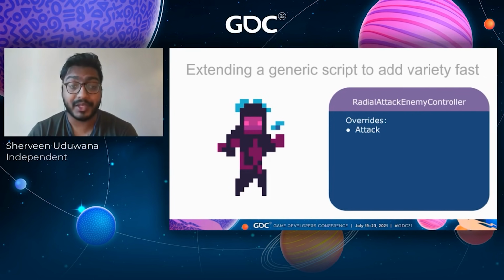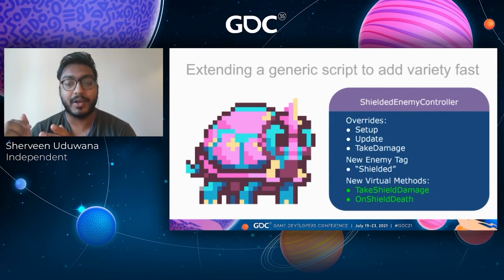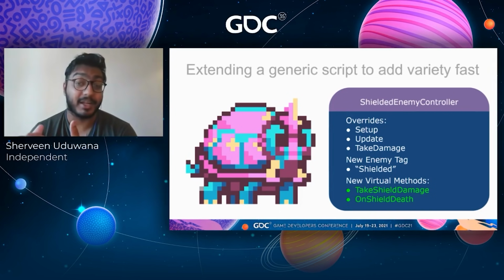Immediately after that, I was able to add shielded enemies, which I mentioned earlier. So these, obviously, from the length of the text here, took a little bit more modifications to the original script to add shields, right? So the setup method changes because I need to set up the shield. The update method, because I need to check, is the shield up or down, or what's the shield health, or is something happening based on that? And the take damage method, obviously, is the main one that changed, where when you take damage, instead of just taking damage, it checks, is your shield active? And if so, you don't take damage.